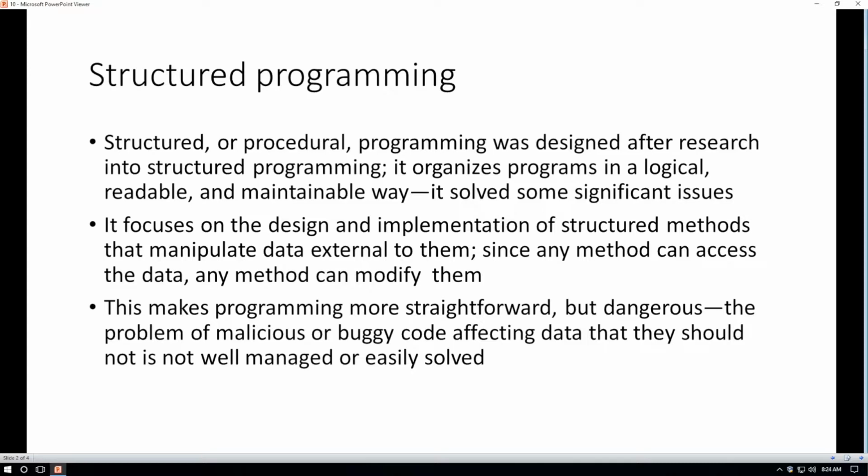Structured programming tends to limit the control flow of a program. We discuss sequence, selection, and repetition. The design and implementation of structured methods is on how they manipulate data that is external to them. Any method can access the data, any method can modify it. That makes programming straightforward but dangerous because a method can inadvertently or maliciously modify data that it has no business